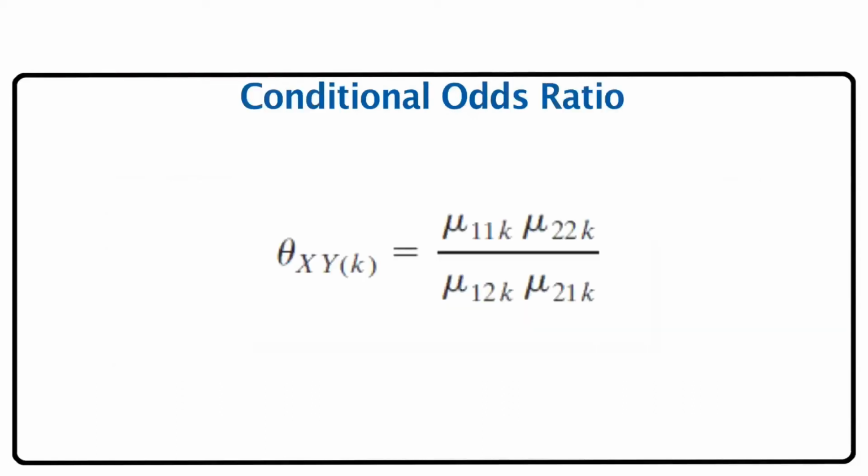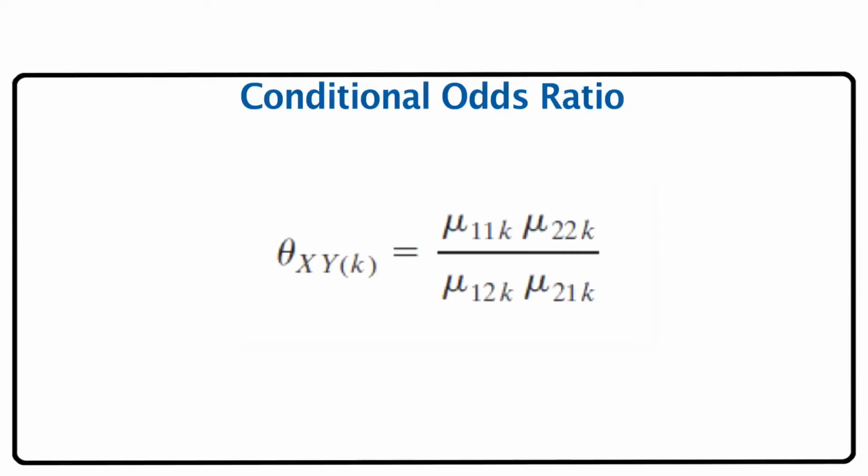We can define several kinds of odds ratios. So here I have defined the conditional odds ratio. The idea is that we have x, y, and z, where our main variables of interest are x and y, but we also measure z because it is a confounder. So conditional on z taking the value k, the conditional odds ratio is given by theta xy k equal to